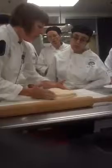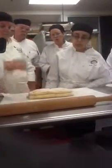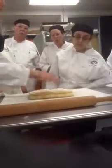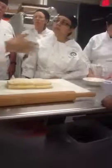Then we take this and we turn it and we go this direction again. Again, starting in the beginning here, push it down and then roll it out. As this gets incorporated a little bit more, you will see that there will be less of that huge chunk of margarine there. But 4 turns, but I think after